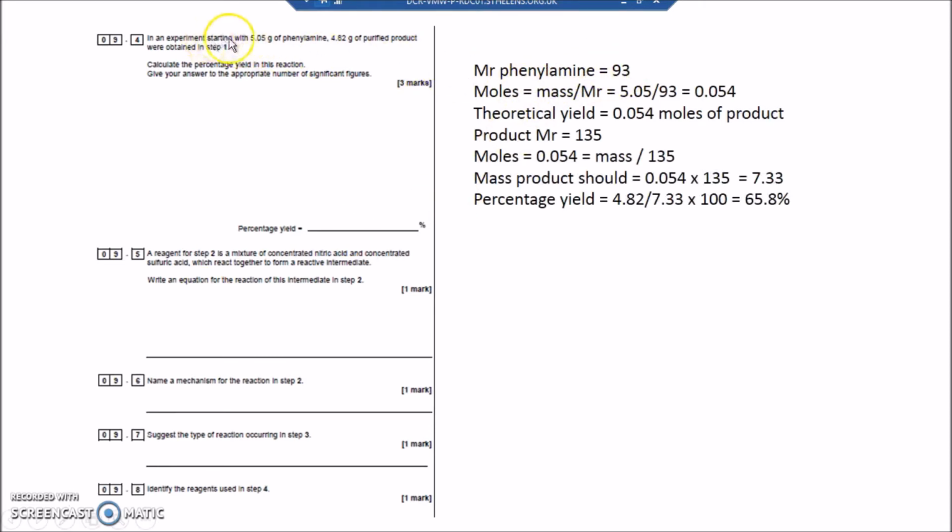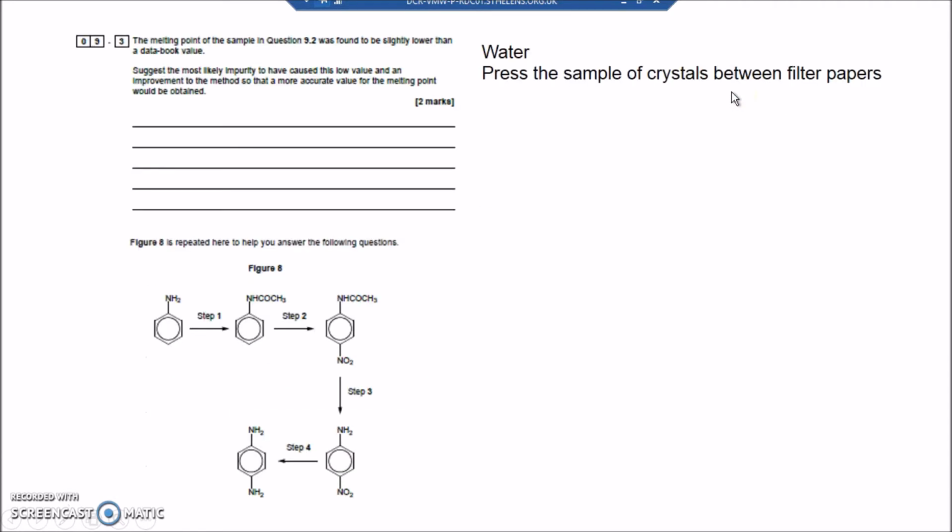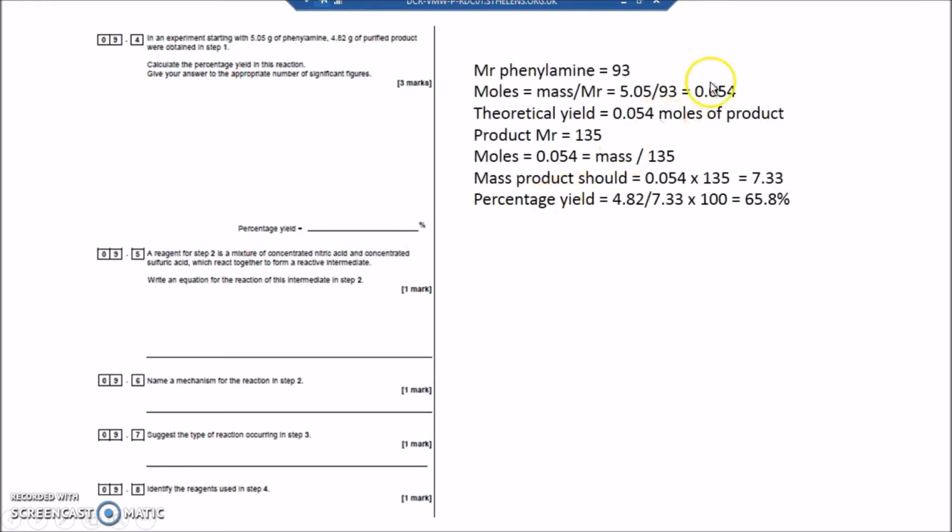So I've got the mass of phenylalanine, 5.05. So moles is mass divided by Mr. I've got 0.054. I know that from here 1 mole of this makes 1 mole of this. So 0.054 moles of phenylalanine should make 0.054 moles of the product, theoretically, if there's no waste. Now, the Mr of the product,